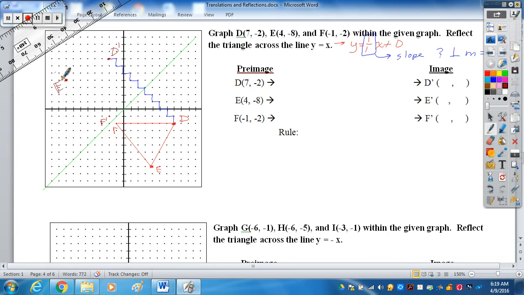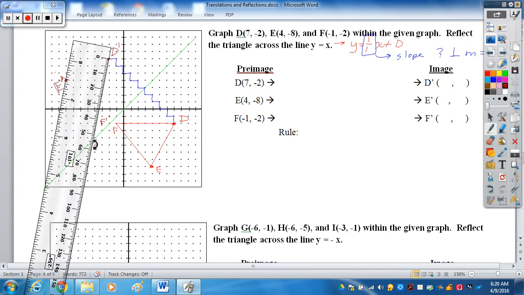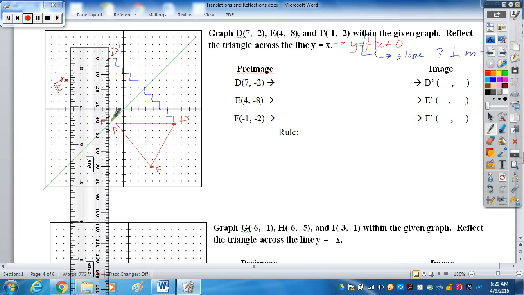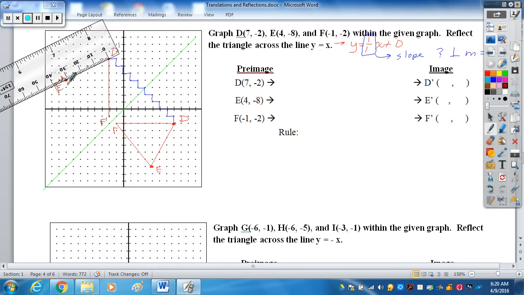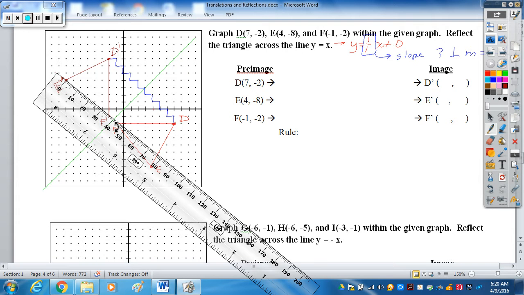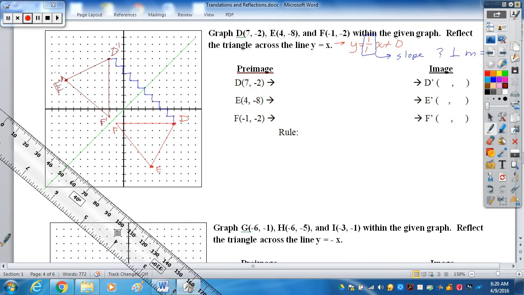E prime. That's kind of a nasty prime there. There you go. Okay. So we've got this triangle here. And again, what I'm hoping you're going to see is that this reflecting figure is a form of rigid motion. All right? I have not changed my shape in any way. The two figures are still congruent. Which is why when we want to see a decently accurate depiction of ourselves, we look in the mirror. We want to see a reflection to see how we look, if we change anything before we go out and